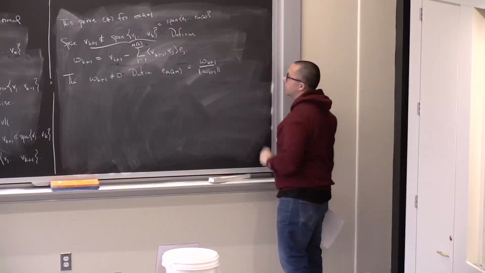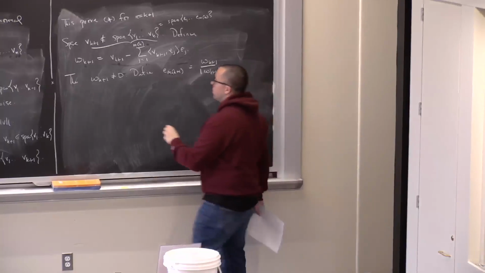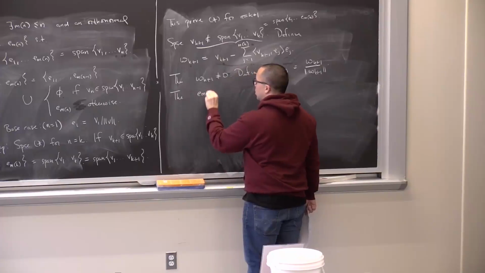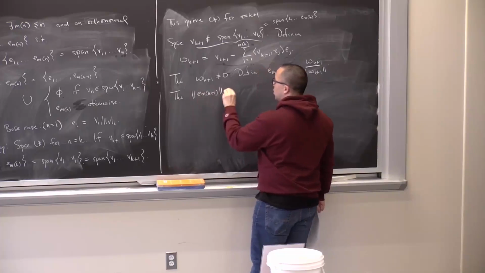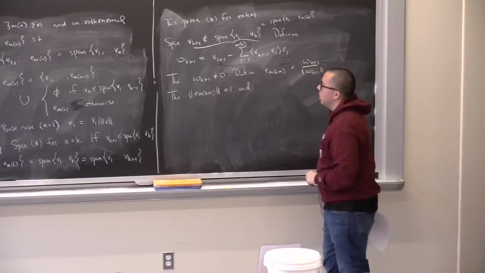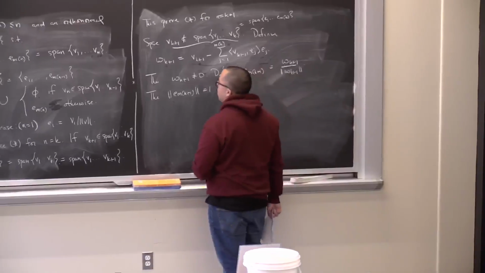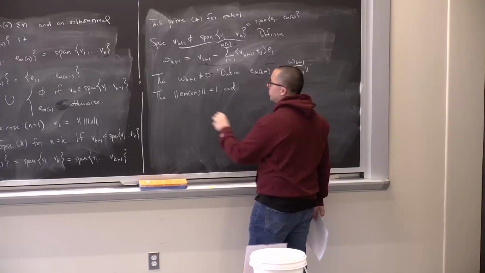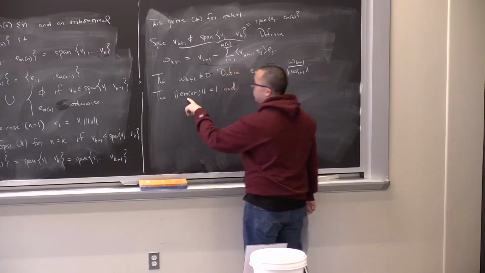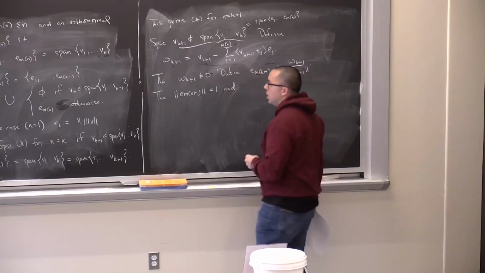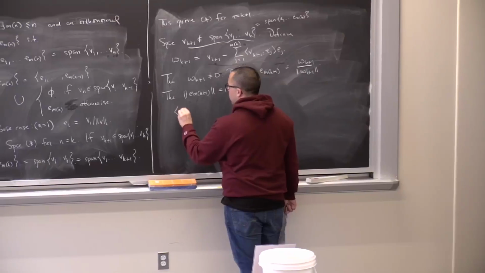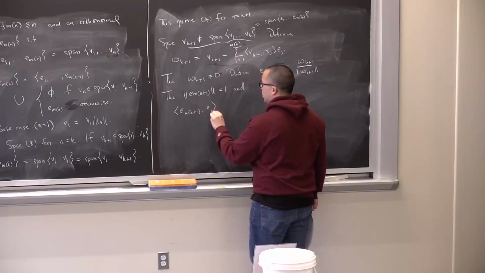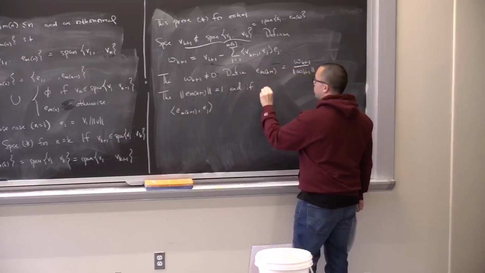Now this is a unit vector. And if I take, so now I claim this is orthogonal to E1 up to E of m sub k. If I take the inner product of E of m sub k plus 1 with E sub j, so let's take